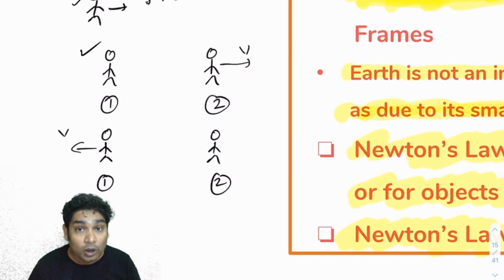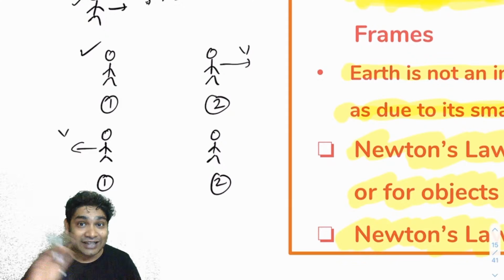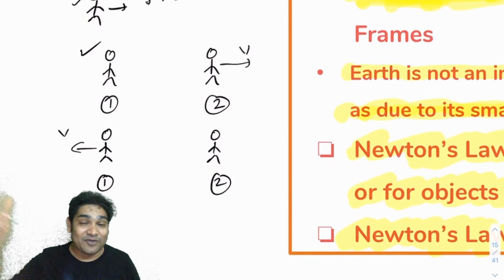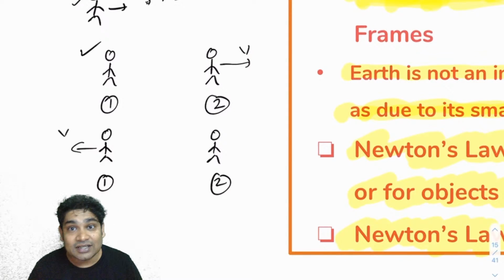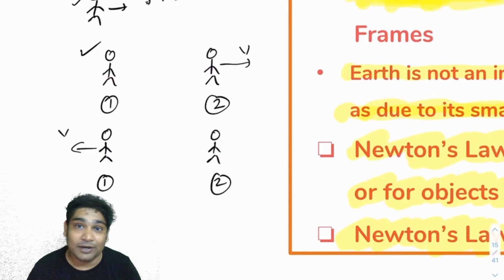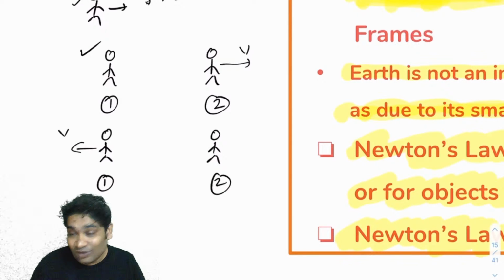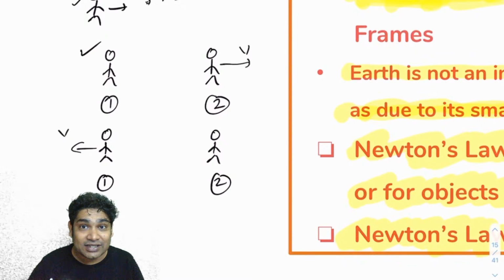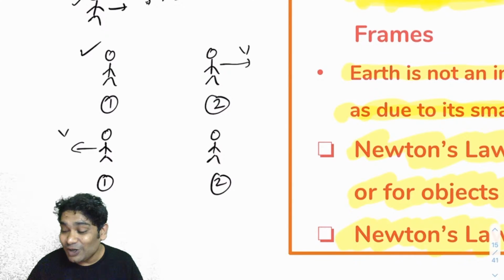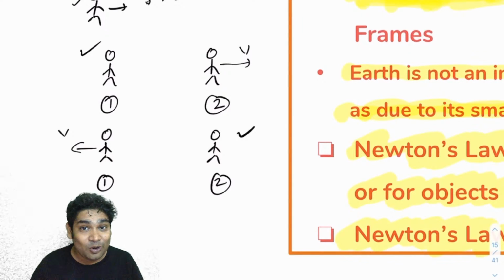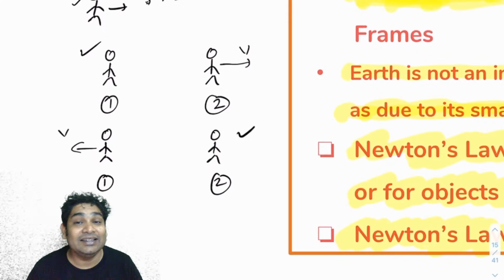Imagine both these observers will claim that they are at rest and it's the other observer who's moving the opposite way. Now it turns out there is no way to settle this dispute of who is correct. There is absolutely no way to ascertain who is correct. That is a very interesting fact in physics. That two inertial observers can go on arguing. One will go on saying that I am at rest, 2 is moving. 2 will always say that no, I am at rest and you are moving, and there is no way to